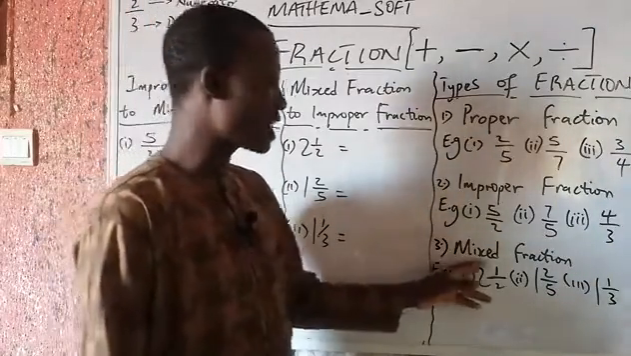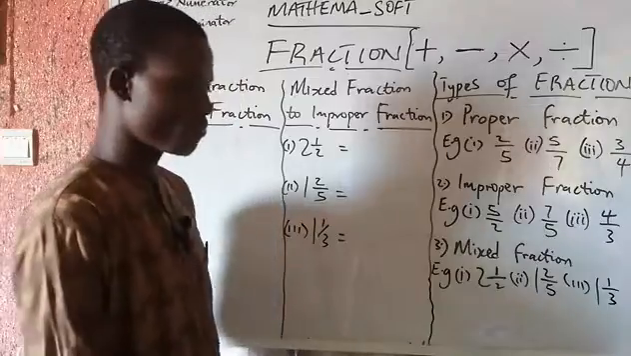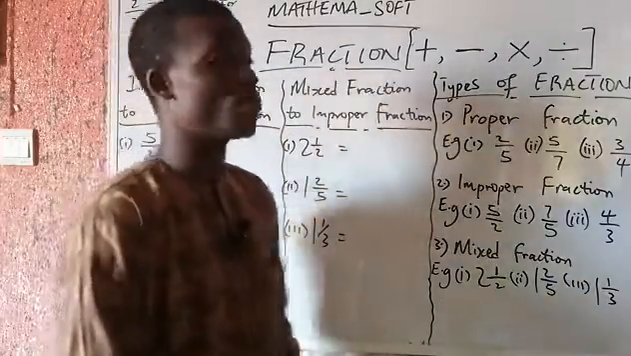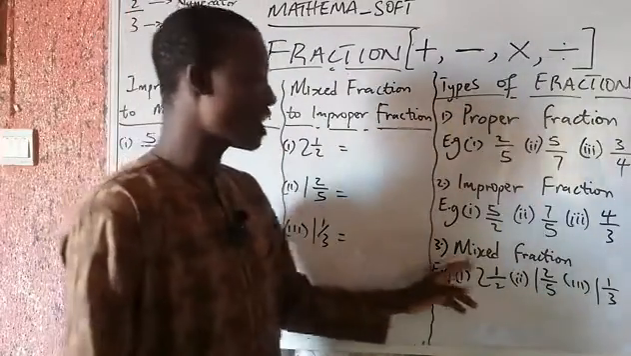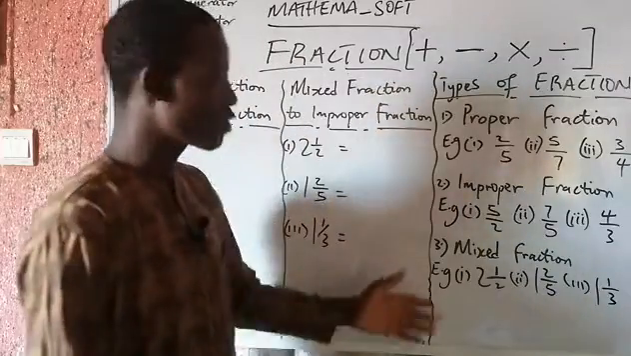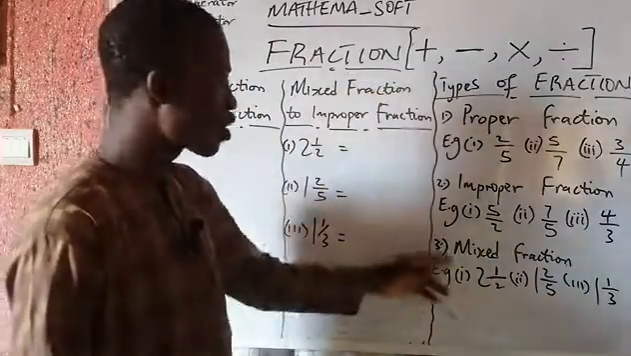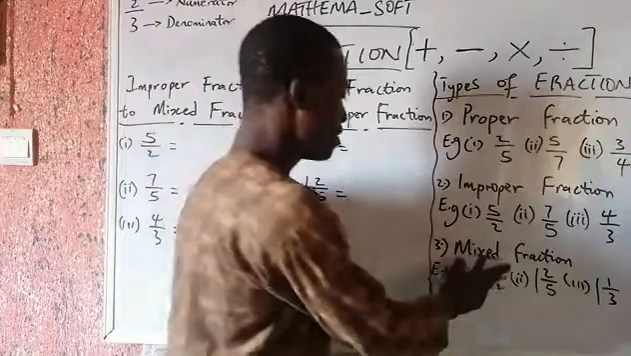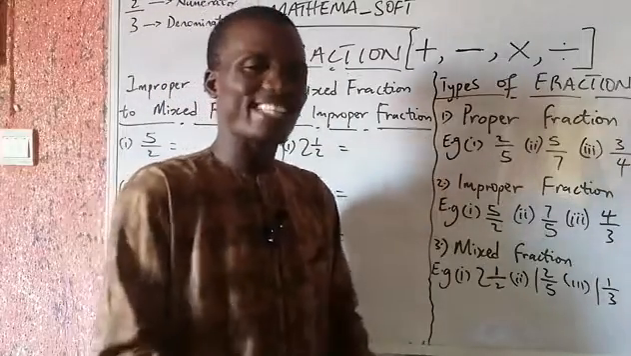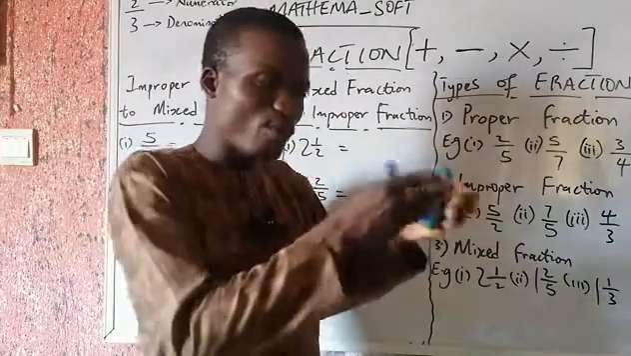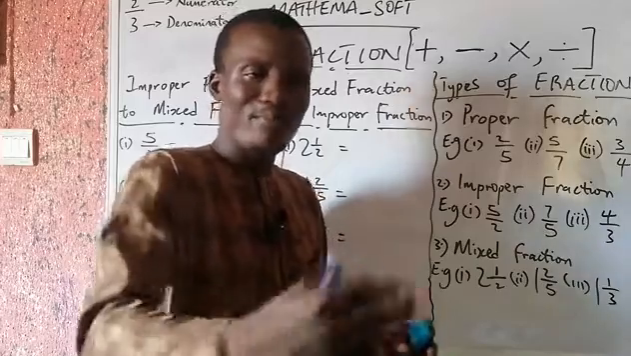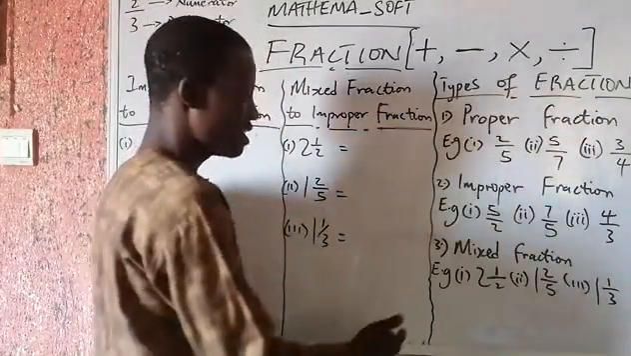Now let's move to the third one. We call that mixed fraction. Some people refer to it as mixed number, but it is better we refer to it as mixed fraction because we are talking about fraction here. So why do we call it mixed? When you say something is mixed, it means that it is not purely fraction. It is not purely that original thing. It has been mixed with another thing. And that's why you see that